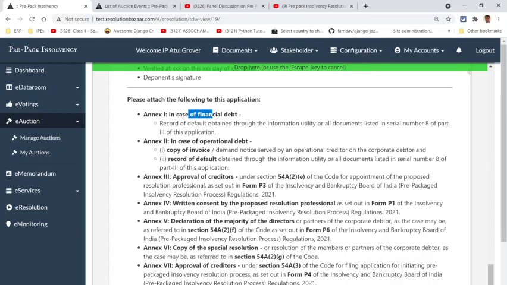In case of financial debt, you have to get the record from the information utility.